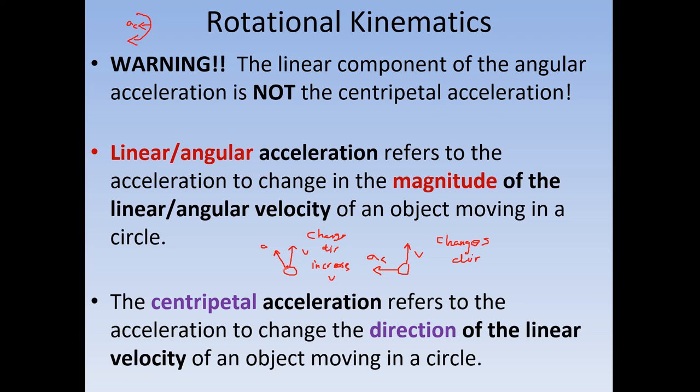And it just so happens that the horizontal component of this acceleration would be the centripetal acceleration, and this component would be essentially, I don't know how you could write it, so I'm going to write A alpha to say that this is the component of the acceleration that's related to the angular acceleration. So the acceleration that we end up getting in the case where our speed and direction are changing at the same time is going to be a composite combination of centripetal acceleration, changing the direction, and linear acceleration, changing